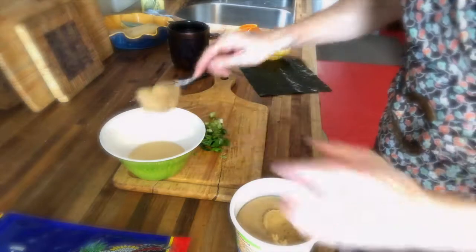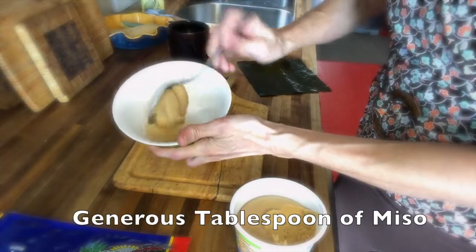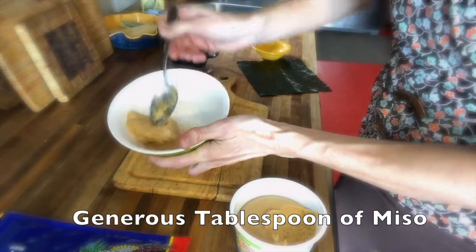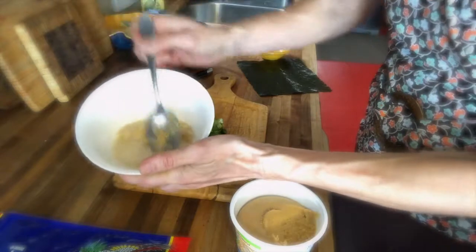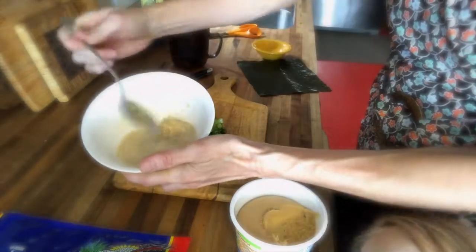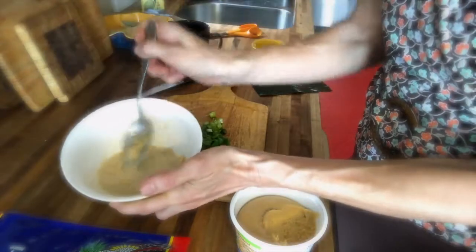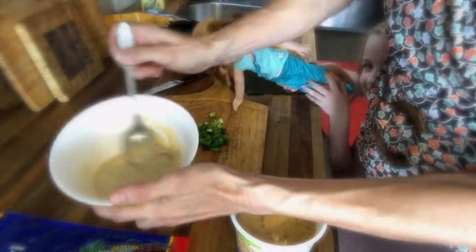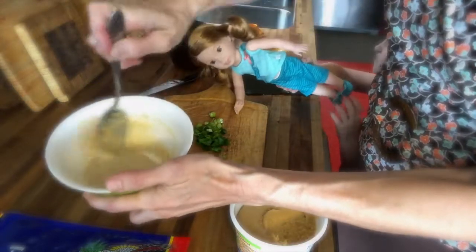Okay, and I'm going to take a generous tablespoon of miso paste and mix it with the bone broth. What I'm doing is I'm thinning the paste somewhat. And so once I have this mixed in, I'm going to add my other few ingredients, which are not that many. So miso is super, super salty, and I use miso sometimes if I'm